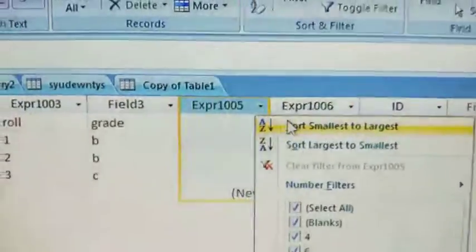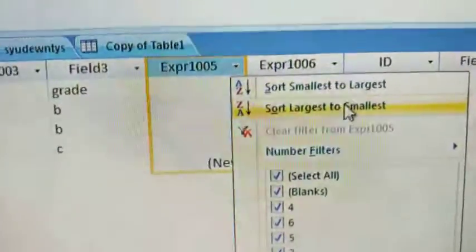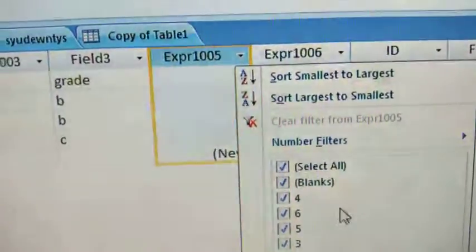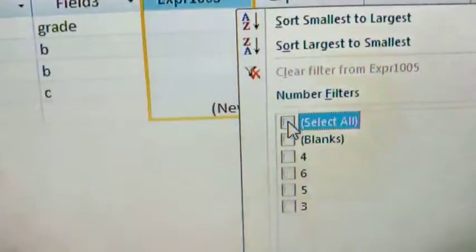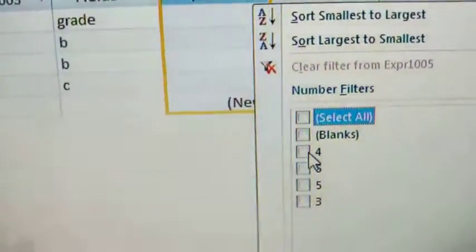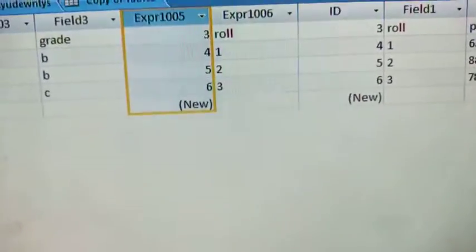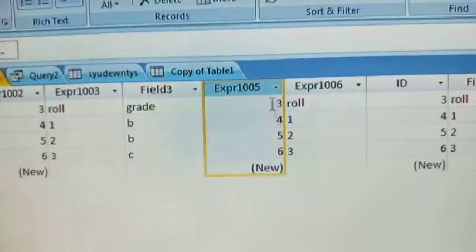And here also you will get sort smallest to largest, largest to smallest, or if you want any filter, you select all the things, and if you want only the 4 number to be shown, then you click there. So only the 4 number will be shown.